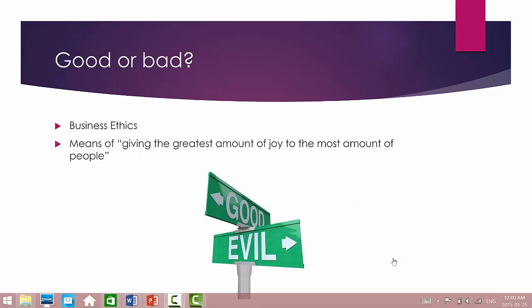So now the question is: is an assembly line a good or a bad thing? Business ethics comes into play here. The assembly line is a great tool to use, but it can be misused and abused in a lot of different situations. At the same time, even when unethical, it brings means of living to our society. So is there a moral fight where individuals may argue that they are giving the greatest amount of joy to the most amount of people?